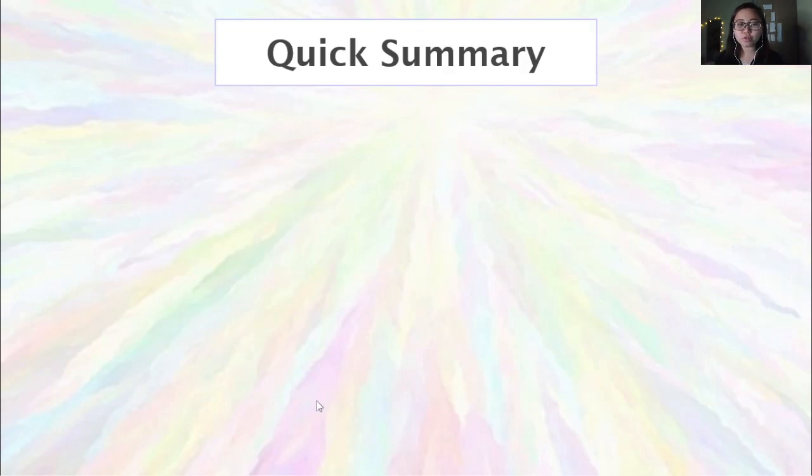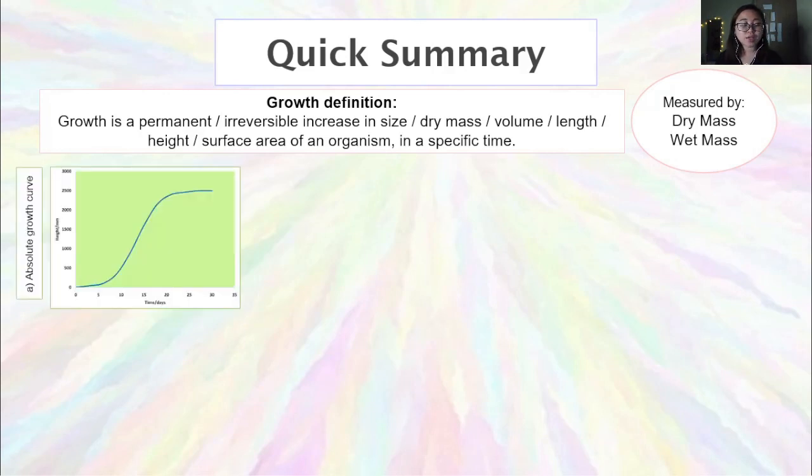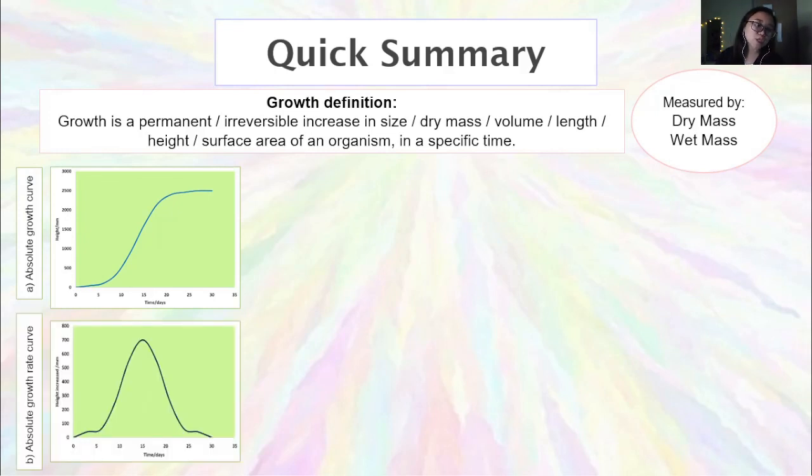A very quick summary of the chapter before we close lessons for this semester. Okay, so this is chapter 10 on growth. First, we talk about the definition of growth. We have 2 definitions, but we usually use the first one. And we also talk about how to measure growth of an organism. Usually, we use the dry mass and the wet mass. And then in 10.2, we talk about what is absolute growth curve and absolute growth rate curve. Something I don't show here is in absolute growth curve, we talk about the sigmoid curve and also the human